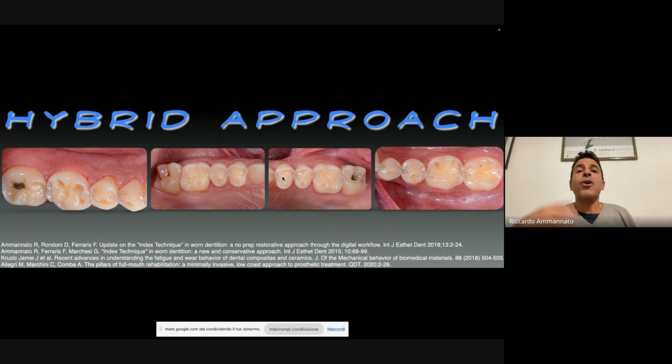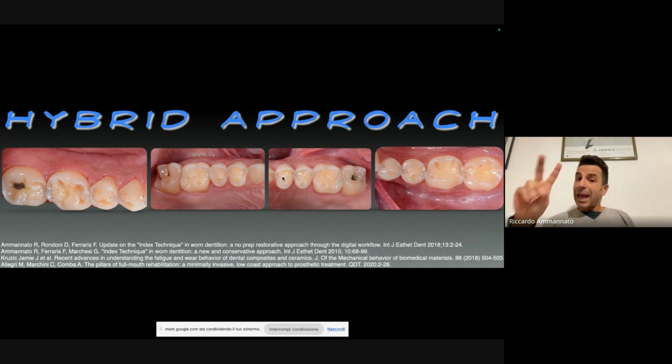Because I know that also composite, which I use a lot, has pros and cons. The pros are that it's very easy to use, is repairable, you can do no prep, you can mold it, you can repolish it easily. Again, it's something that overall is sustainable. However, even if it has grown a lot, still today it's not as stable from an occlusion perspective as ceramic. We know that from the data. We have seen some lectures today before that were stating this.